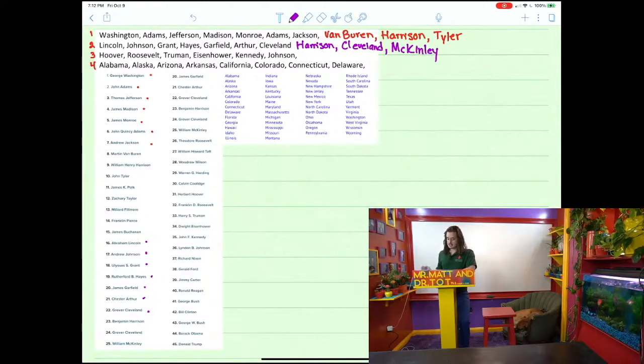Then the third list, let me do that in another color. We have Hoover, Roosevelt, Truman, Eisenhower, Kennedy, Johnson. So we're starting with Hoover. We are